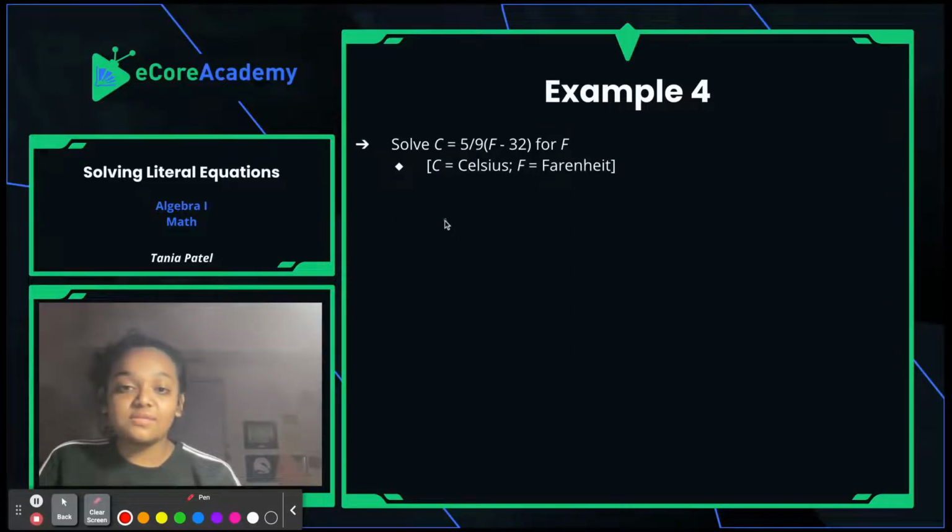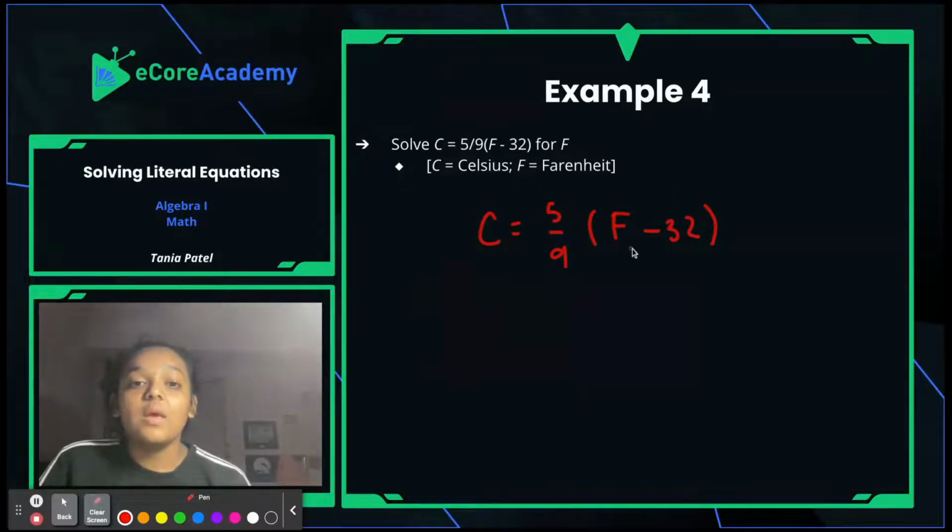So again, I like to write it down again, especially because this is kind of horizontal. I would just like to write it down vertically, and then F minus 32. So we're solving for F here, right? But the thing is, since F is in here, we need to let it be alone. And the only way we can do that is to get rid of the parentheses, but the only way we can get rid of the parentheses is if we distribute the 5/9 to both of the terms inside. So C equals 5/9 F